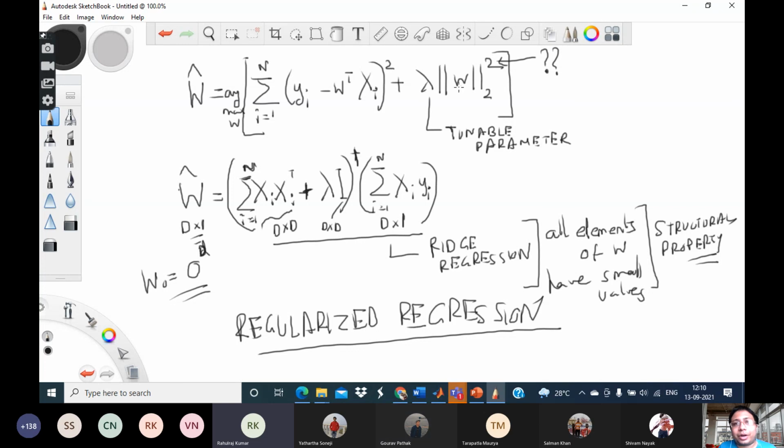Exactly, that is the answer which I wanted. The reason is not theoretical, but purely procedural. That is, calculating this derivative would have been difficult. We are calculating this derivative, equating it to 0, and then solving an equation. This would no longer have been possible had I not put the square here. Conceptually, it would have still remained the same, but only the mathematical tractability would have been lost. So there is nothing sacrosanct about the exact functions which we are choosing.